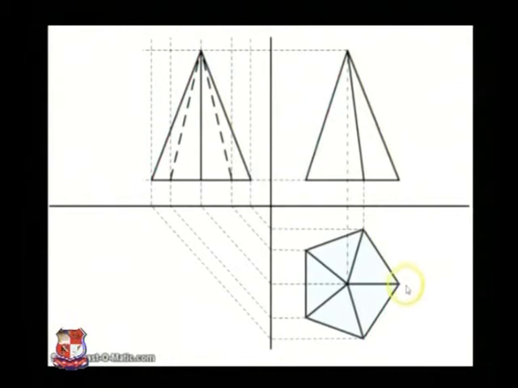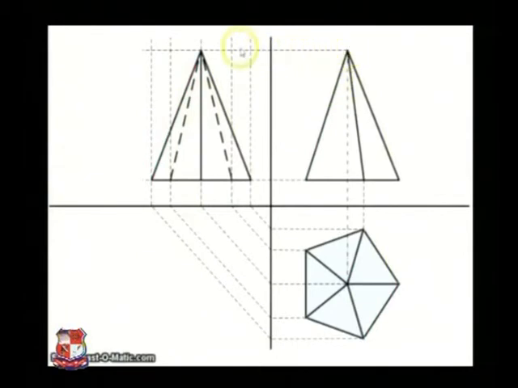Now from the side view here, you are able to see only three sides: this one, second and third. These two will be on the back side, so those two sides will be dotted. Once you extend all these lines of the second, third, 4, 5, and make it 45 degrees, you extend all the 5 lines here and then you draw vertical lines here.